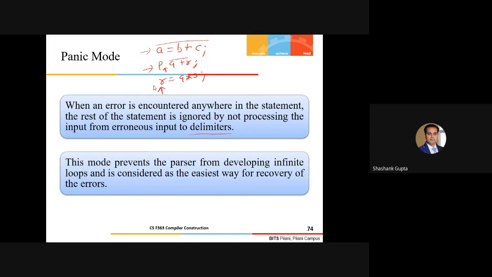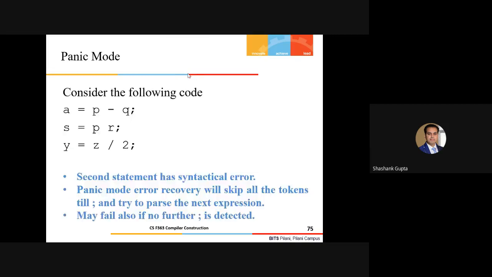This is the informal example in front of you. Ignore the rest of the input until you hit any delimiter and start the parsing from the next point. Resume the parsing from the next current symbol here. And again you can resume your parsing and do the same thing. If you hit some other syntactical error, ignore the rest of the input up to that point and then continue the parsing from the next symbol till you hit any delimiter here. So this is the thing which I was explaining to you.